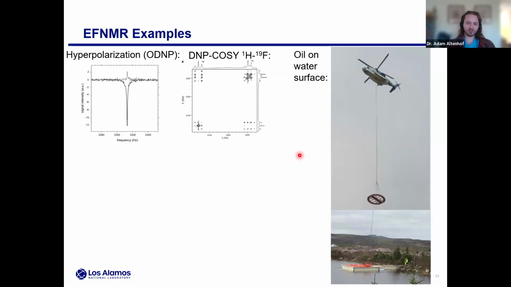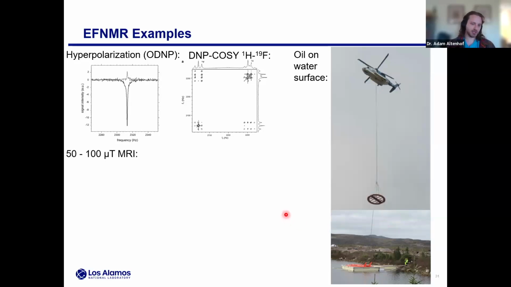This is from our friends down at ABQMR, just down the road in Albuquerque, New Mexico, Mark Conradi and Hilary Fabich. Some previous work they did. This is Earth's field NMR as done from a helicopter. Basically, they partnered with an oil company to see if they could detect oil on the surface of water. They did this in a very controlled manner on a lake. They have their coil set here, and power's running up to the helicopter, and this actually worked. They're able to measure the two different signals.